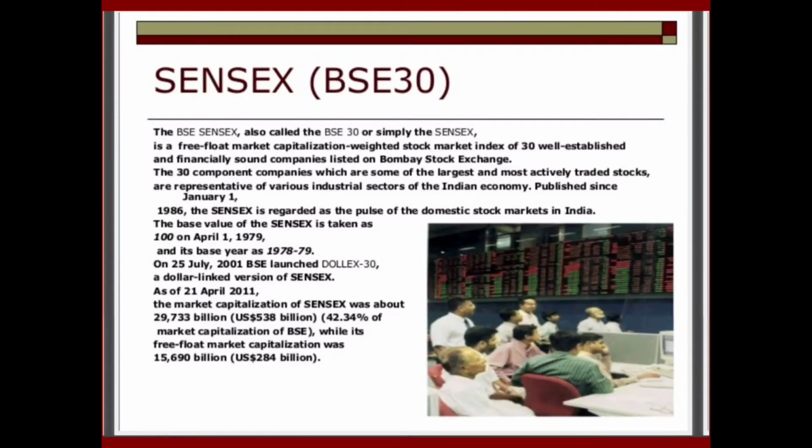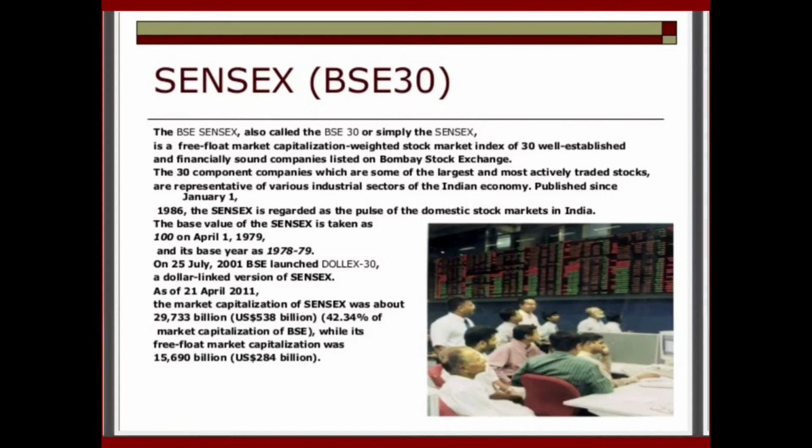The 30 component companies, which are some of the largest and most actively traded stocks, are representative of various industrial sectors of the Indian economy. Published since January 1, 1986. The Sensex is regarded as the pulse of the domestic stock market